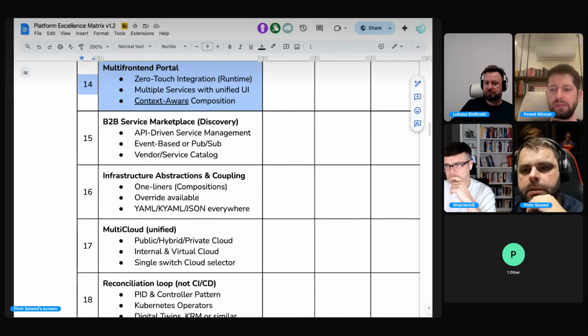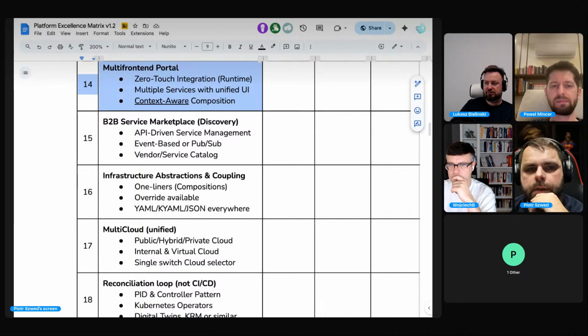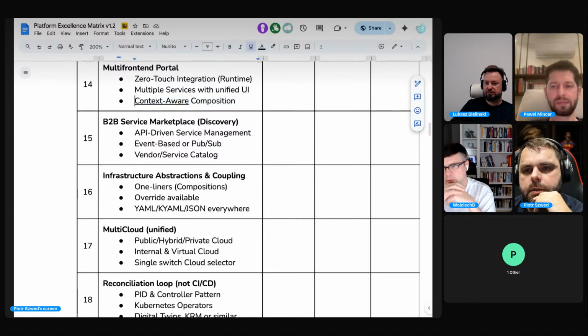So every person, every actor can see slightly different features and compositions of the UI, right? I don't believe there are platforms implementing this feature today. I think this is more future oriented. But what I expect from the platform is readiness to provide these kinds of features long term.